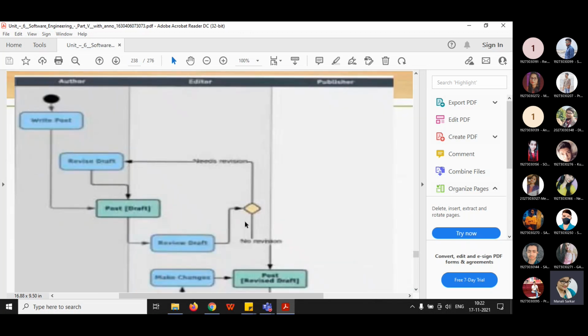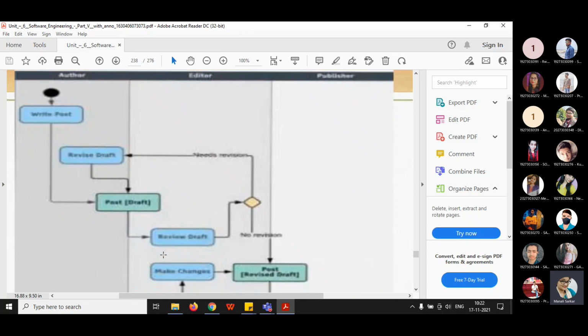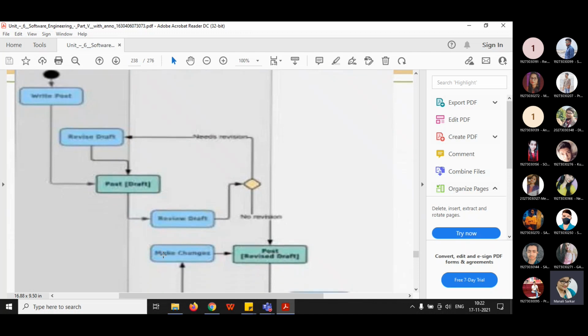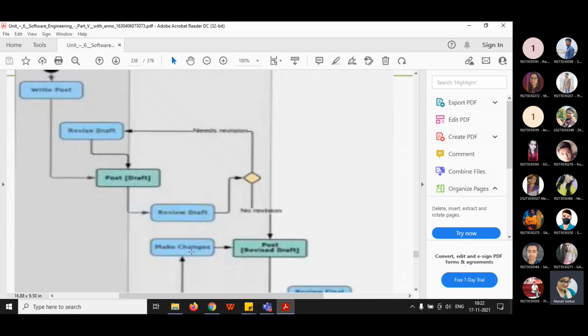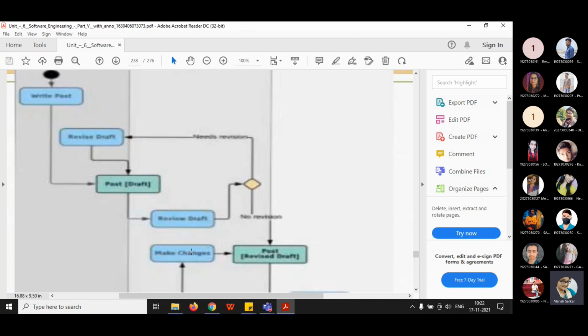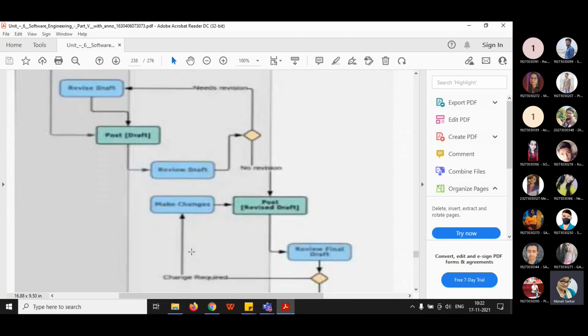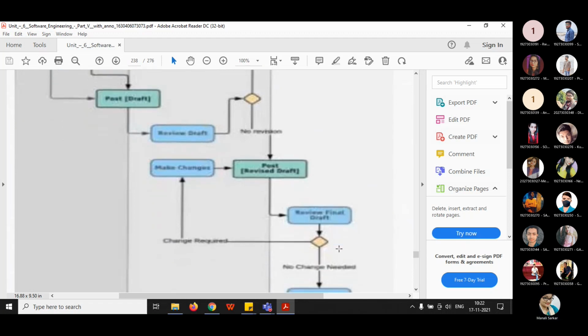After that, the editor is reviewing the drafts. If any changes are required, then it is making the changes, and again the revised draft is posted, and finally review final draft.